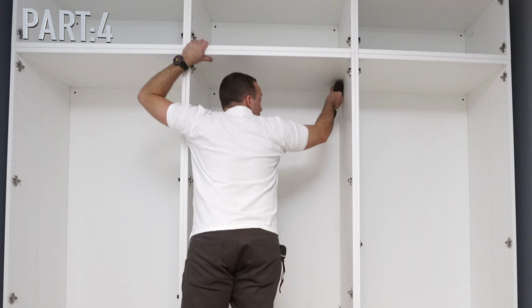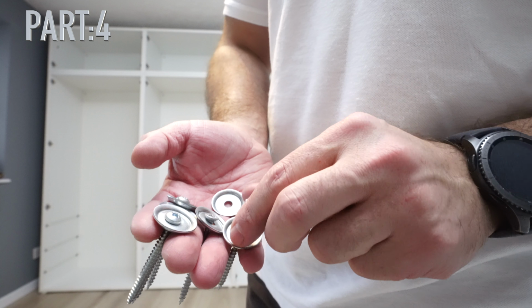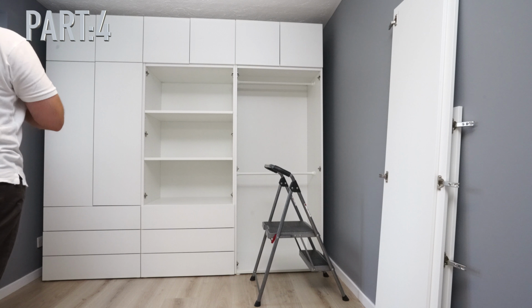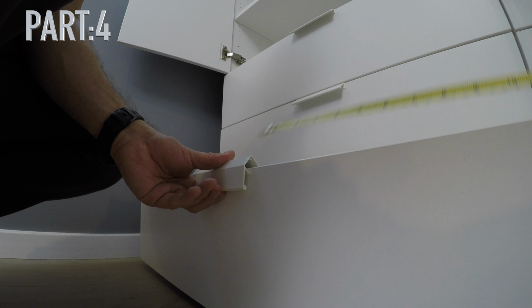In this part, part 4, I'm going to show you how to attach this unit to the wall, how to measure everything correctly, and what kind of screws to use. Then we're going to put the doors on after we're done with the wall fixing, and adjust the doors correctly. I'm going to explain everything, how the screws on the hinges work for the door adjustment, and we're going to do the door